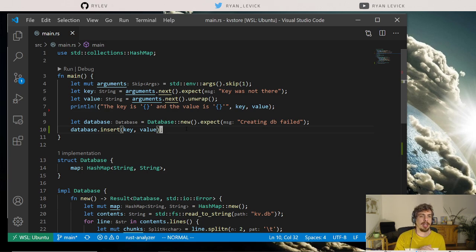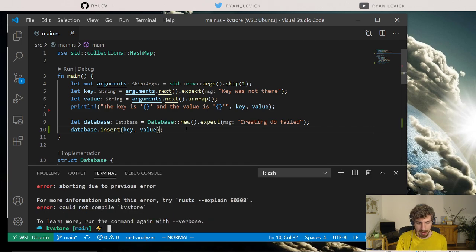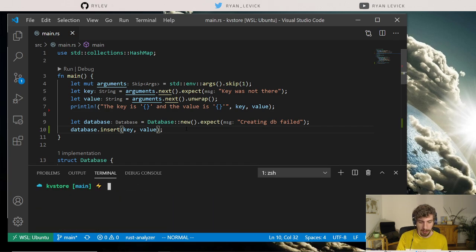All right. Now, what happens if we want to store the same value for the key that is provided when we uppercase the key? So essentially, when we're running kv store, and we type hello and world as our key and our value,